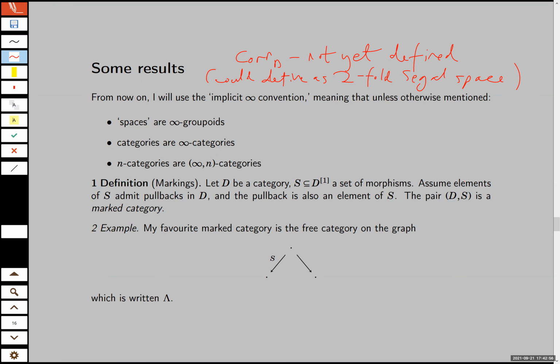So the context is, I've said it a few times already, I'm not assuming D is finitely complete. That's a technical matter. I'm just going to assume that I've got pullbacks of elements of S. And spans are defined using this basic co-representing object, which is a free category on this graph. This here means that this map is labeled, is an element of S, and this one is not. A span in a category is just a functor from this thing. A marked span in a marked category is a functor from this thing into the marked category.